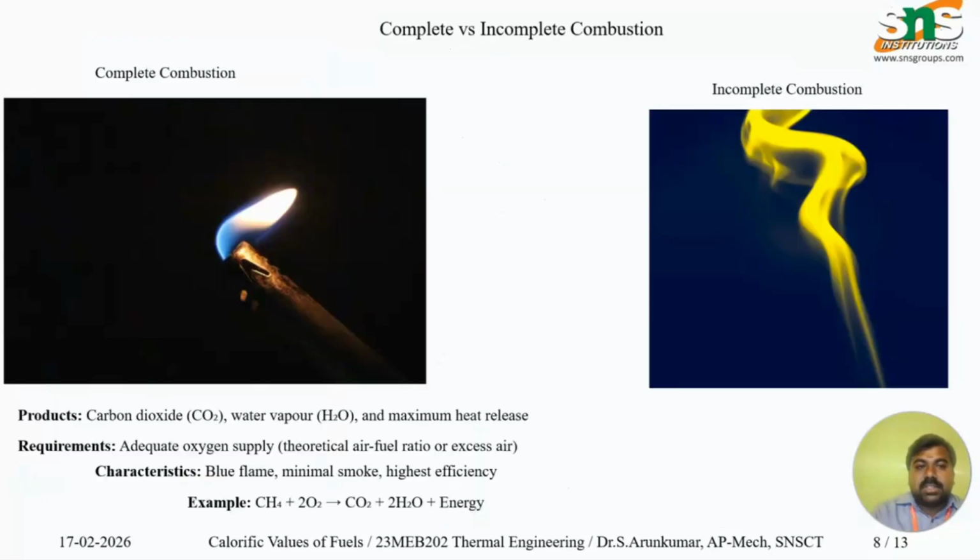So this is the comparison between complete combustion and incomplete combustion. The products are carbon dioxide, water vapor and maximum heat release. The requirements for combustion are adequate oxygen supply, theoretical air-fuel ratio or excess air, and the characteristics are blue flame, minimal smoke, highest efficiency. For example, CH4 plus 2 O2 gives CO2 plus 2 molecules of water, that means 2